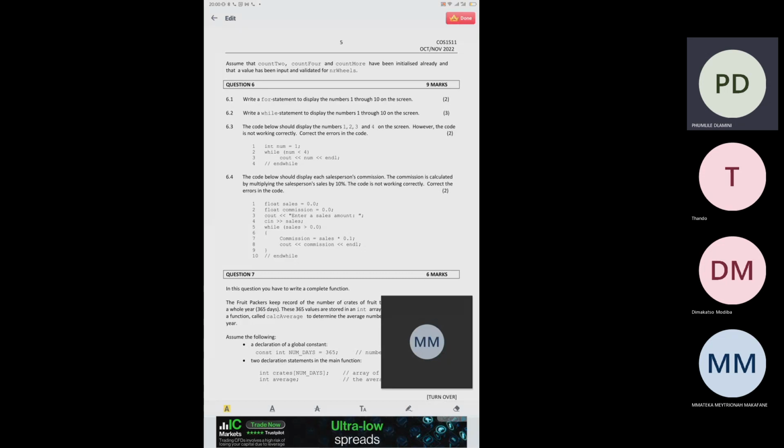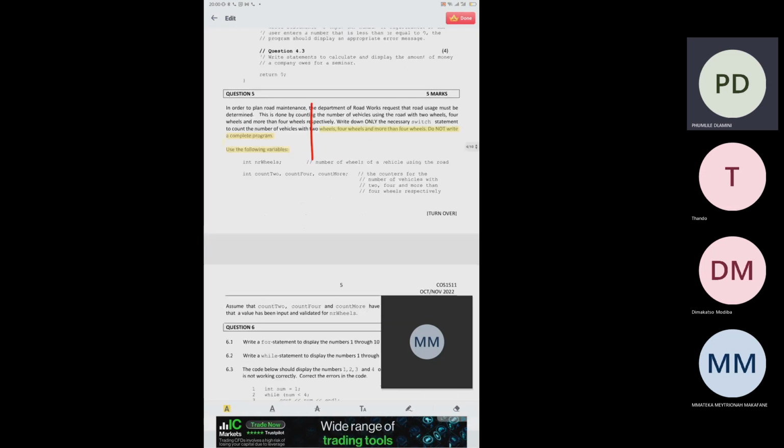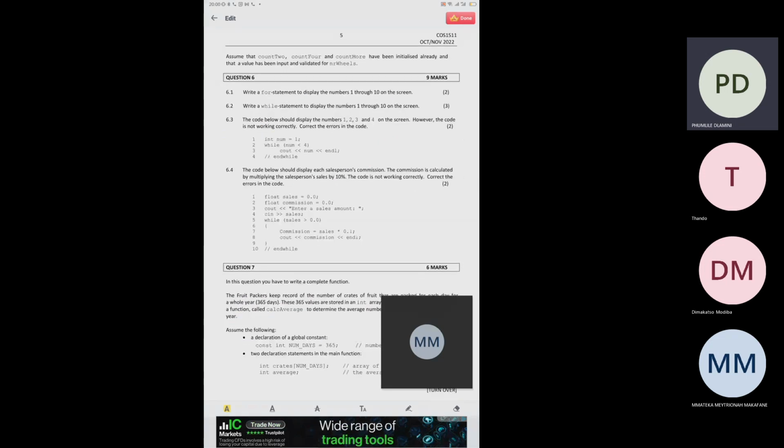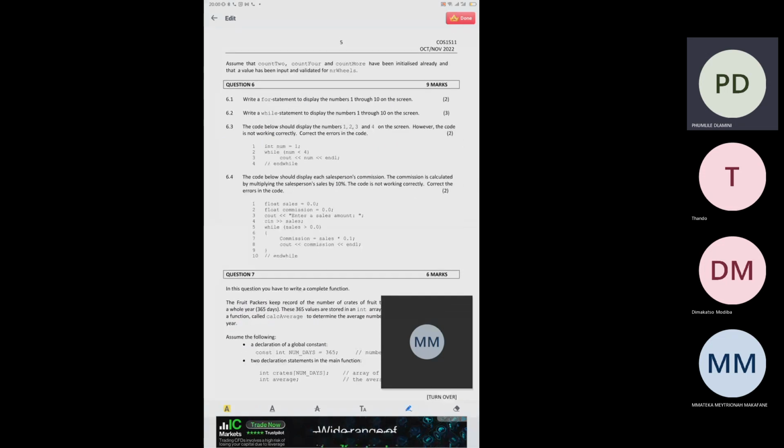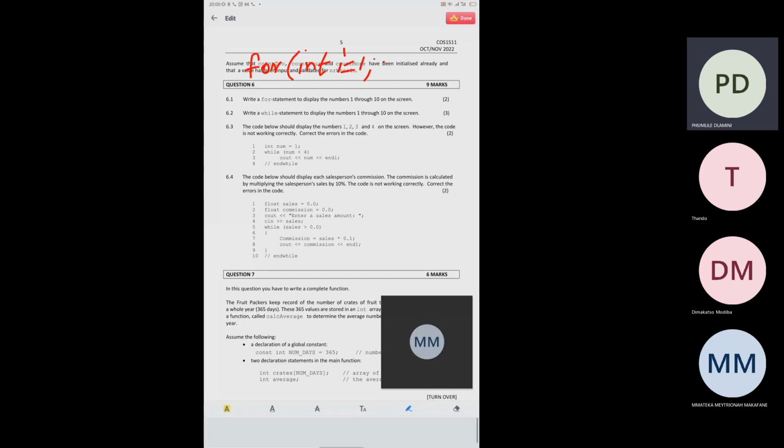So the for loop that we're going to write, you can just say for int i equals 1, semicolon, i is less than or equal to 10, semicolon,